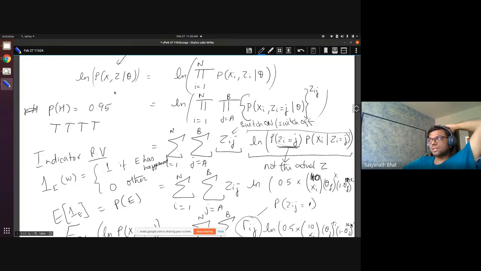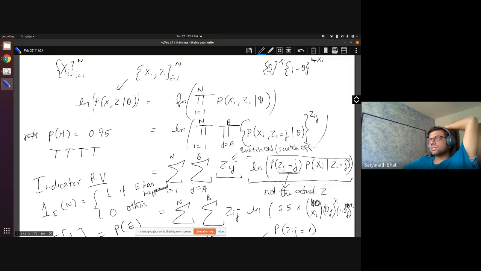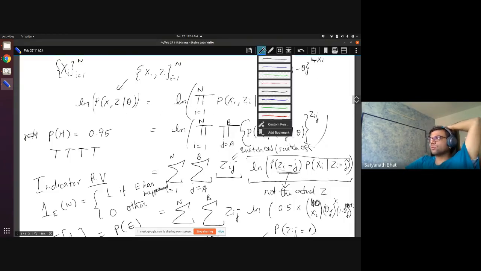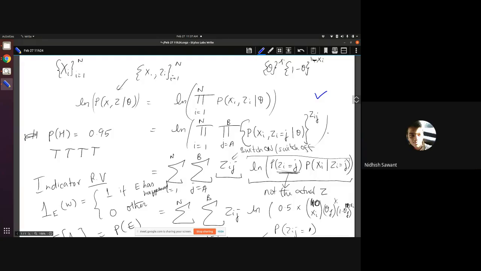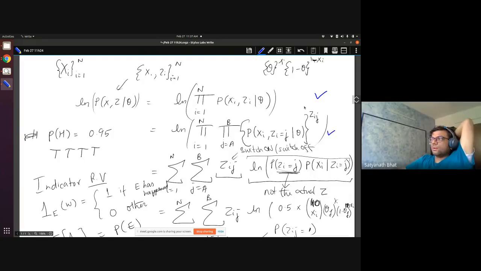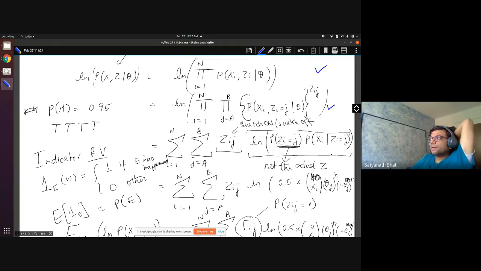Let's do one thing. Let's understand it step by step. Okay, so from here to this, it's okay, right? This first step is fine, right? So let's just mark everything that's okay. Others also, please feel free to join. I am just involving these two people because they are comfortable speaking up. So, Nidish, is this okay? Yes, sir. So what about this? Yes, sir. It's okay, sir. Yeah. So now over here, is there any confusion?